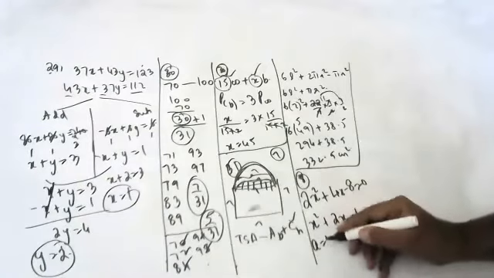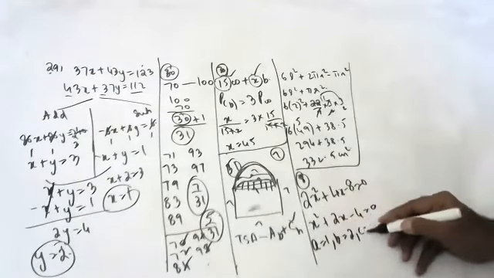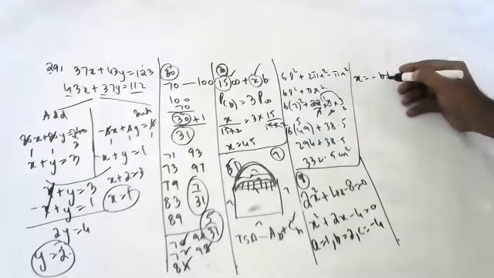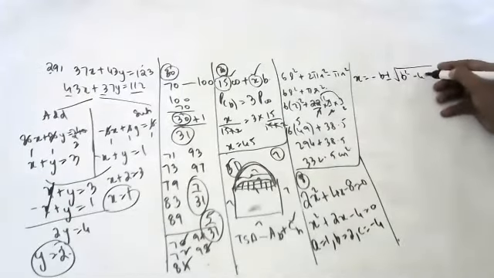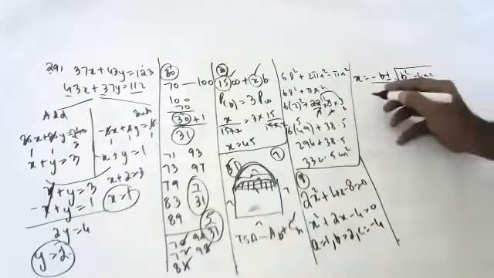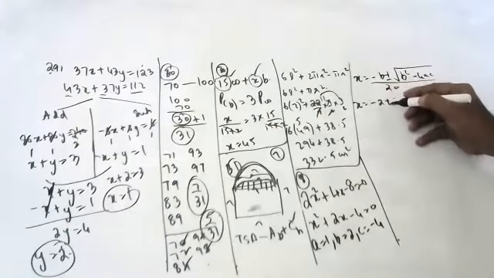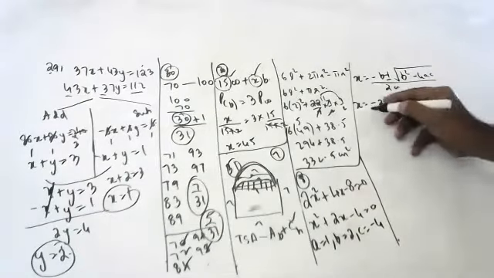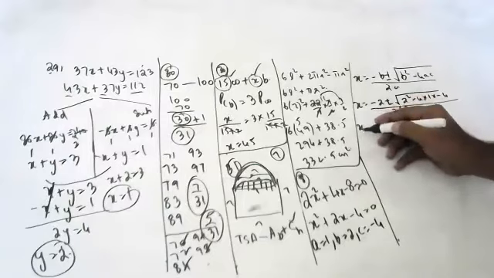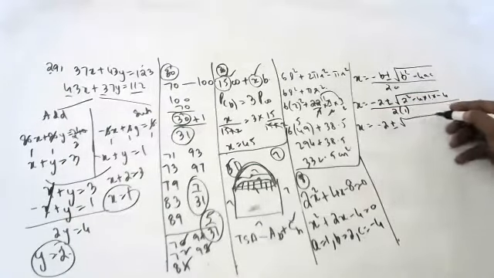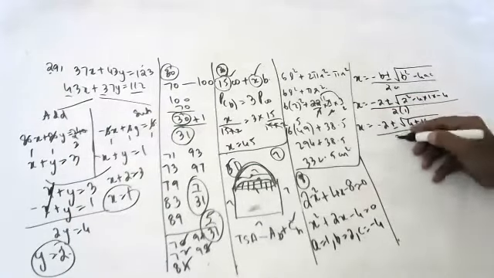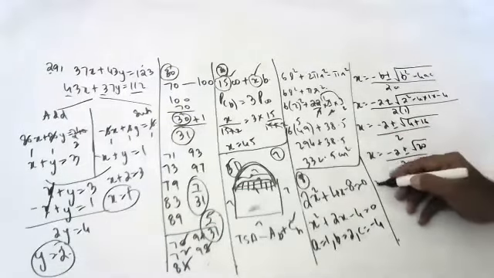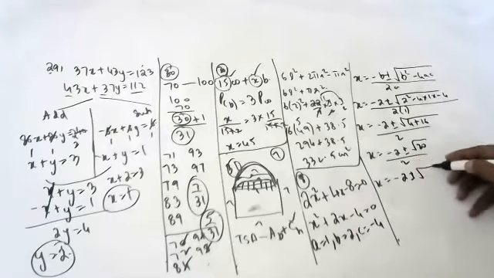So what we'll do is use the quadratic formula. You can't split this. We'll do it by the quadratic formula, children. What is the quadratic formula, children? Minus b plus or minus under root of b square minus 4ac, by 2a. Minus 2 plus or minus under root of 2 square minus 4 into 1 into minus 4. x is equal to minus 2 plus or minus under root of 4 plus 16, by 2. x is equal to minus 2 plus or minus under root 20 by 2.